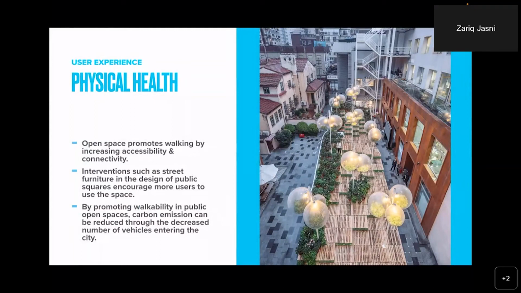public squares promote better physical health for people who use it. So open spaces promote walking by increasing accessibility and connectivity. So interventions such as street furniture in the design of a public square encourage more users to use the space. So by promoting walkability in public open spaces, carbon emission can be reduced through the decreased number of vehicles entering